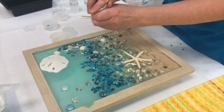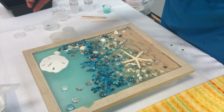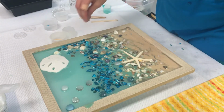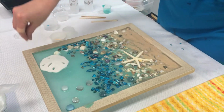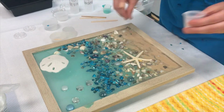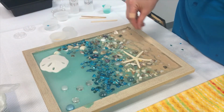And then I have my finishing touch, which is our sparkle. I would not pour this directly on. And this is optional. Some people don't love it, but I love it. I like to just sprinkle a little bit of sparkle on there. It just kind of adds a little bit of happiness, whatever you want to call it. Probably like 1 or 2 sprinkles is perfect, but I just can't stop when it comes to sparkles. All right. And voila,